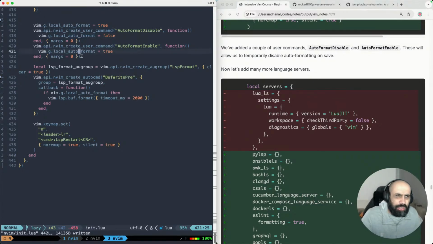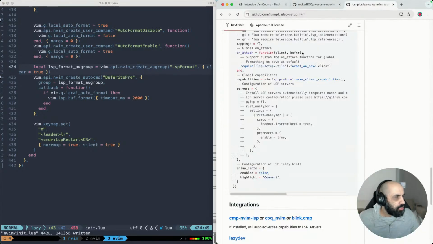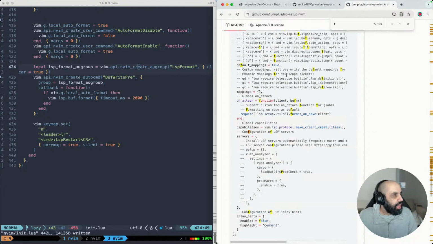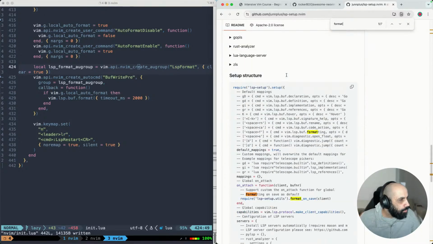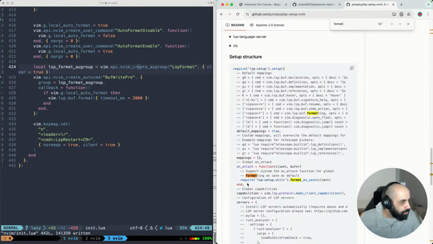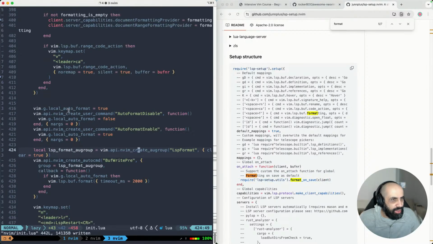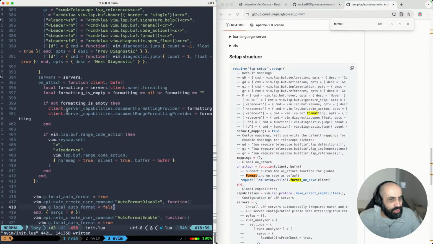Because if I use the plugin straight up, I wish this was built into the plugin, to be honest, because if you're going to give me auto format on save straight up and I can't configure it, that is frustrating. Let's just take a look, actually, to see how they describe it. Formatting on save as default. And I guess, yeah, so they do it on attach. Like the local on attach does this. And there ain't nothing you can do about it except for do what I did and make this like convoluted configuration capability. I did it because I use it. So,